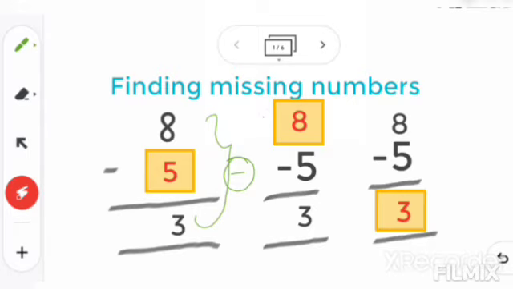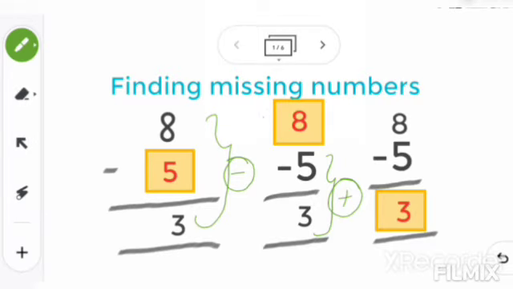Okay. Suppose the next one, you see here the minuend is missing. So in this place, these two you have to add. If you add 5 plus 3, you will get 8. To find the minuend, the subtrahend and the difference you will add, then you will get the minuend. And the difference, you know, that is easy only. These two you have to subtract. So keep this in mind. If you keep it in mind, you can do the missing number problems.